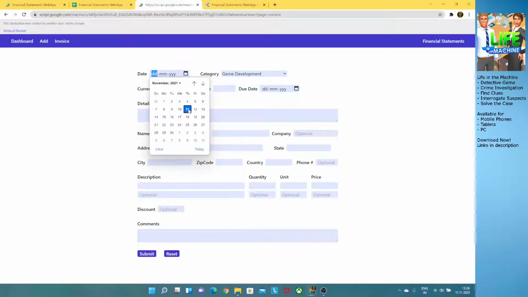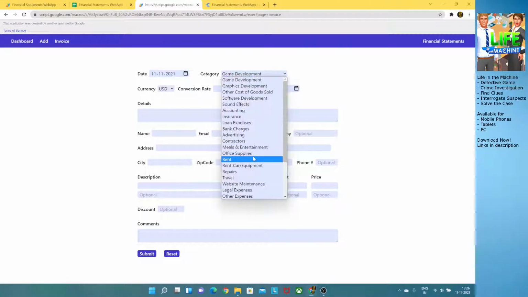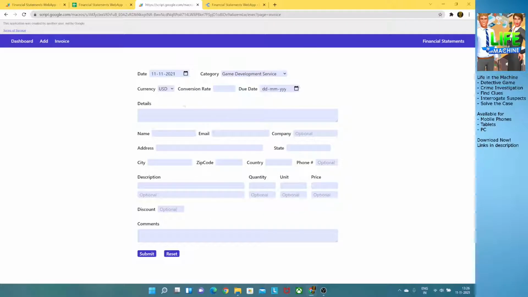Date, let's say it's today. Services is game development service. Conversion rate is, for example, 75 Indian rupees. The due date is 26th of November. Details we can add: developed a game called XYZ for ABC Limited.